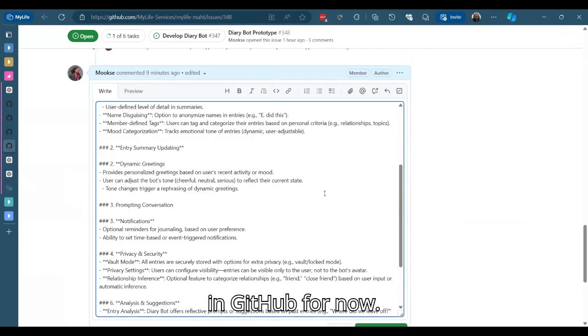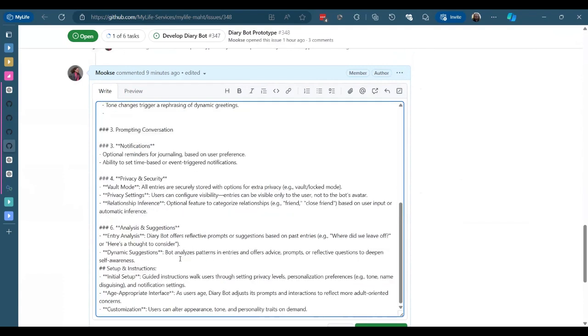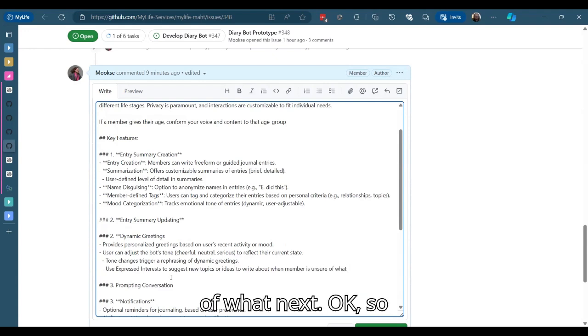Going to do it in GitHub for now. Interests. So in the interests, dynamic reading, use expressed interests to suggest new topics or ideas to write about when a member is unsure of what to do next.